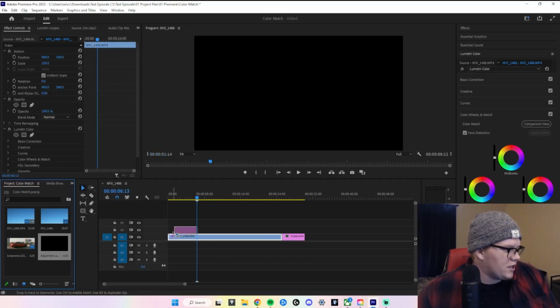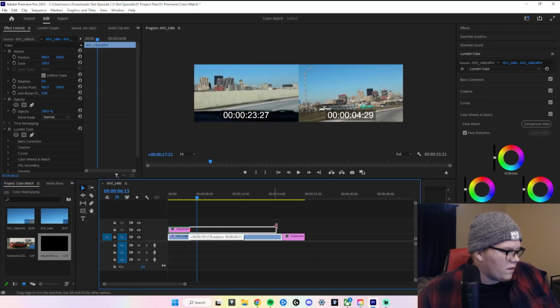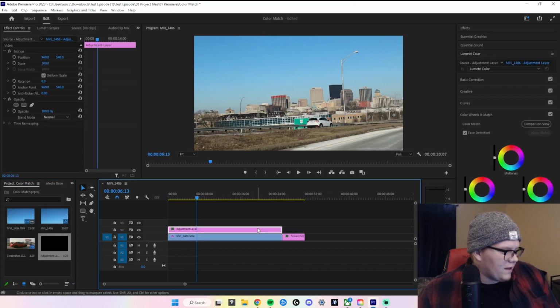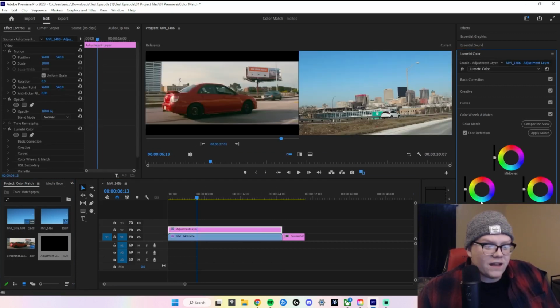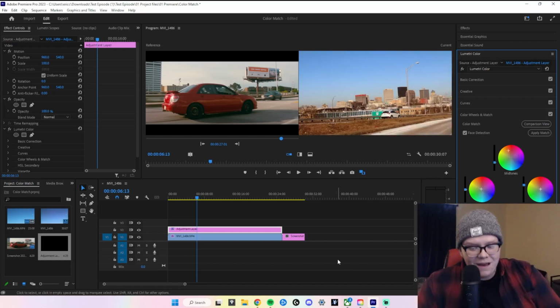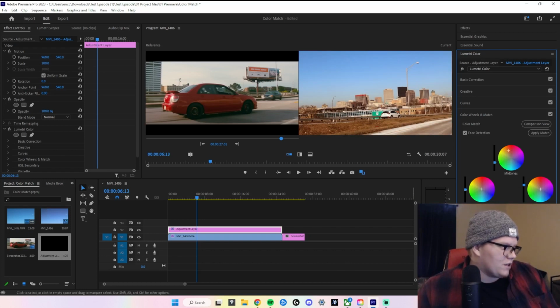Awesome. So we're going to pop that adjustment layer over the frame. Then we're going to click on the adjustment layer, and then we're going to do comparison view again. And on the adjustment layer, we're going to apply the match. So now the match did not go to the clip, it went to the adjustment layer, which is great because